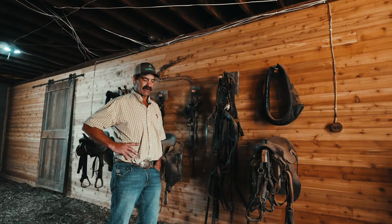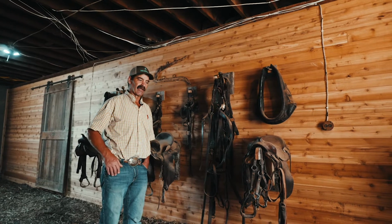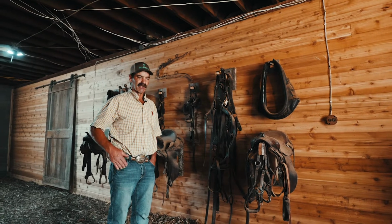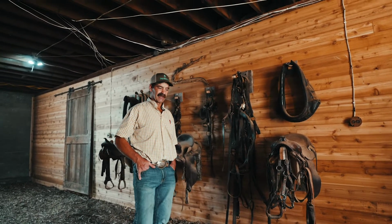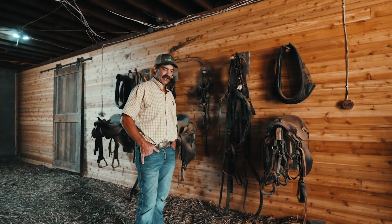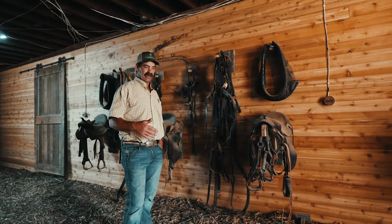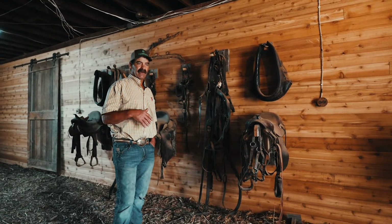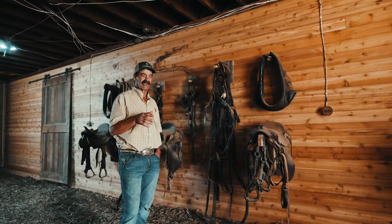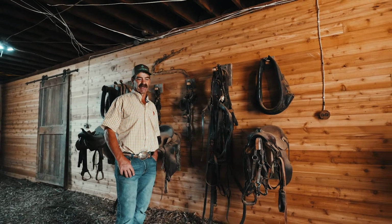John B. Stetson, who was famous for the Stetson hat, had visited the ranch and seen documentaries of that and some of the old footage that we saw after we cleaned the place out. But it was a generation that what Grandpa had started and Dad had continued, that none of us could afford to buy it from our siblings, and so basically what we all decided to do is we ended up selling it, and we're going to expand